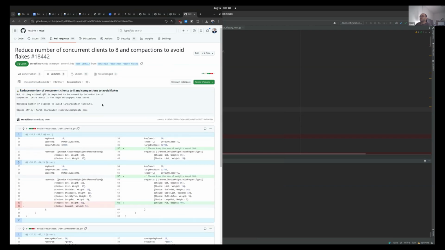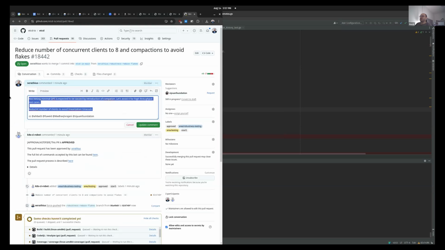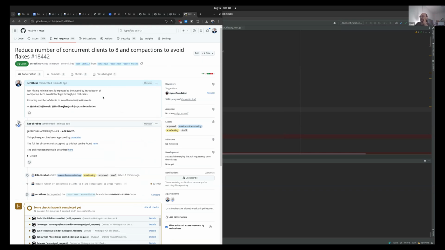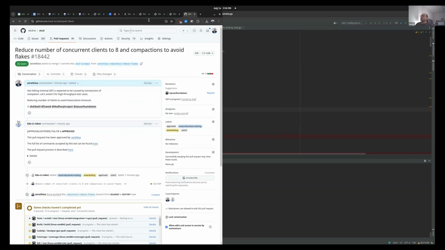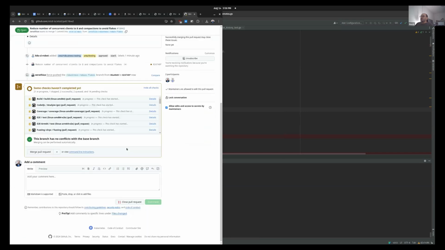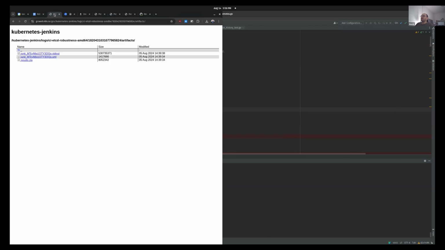So yeah, the reducing, and then I can just keep it synchronized, so that there is not a huge difference between what I'm describing in the PR and what I'm describing in the commit message, for someone not to need to always look for the PR if the commit provides the context. Yeah, that's I think mostly it. We still have 2 minutes. I don't think we will have time to look at the other flags, but